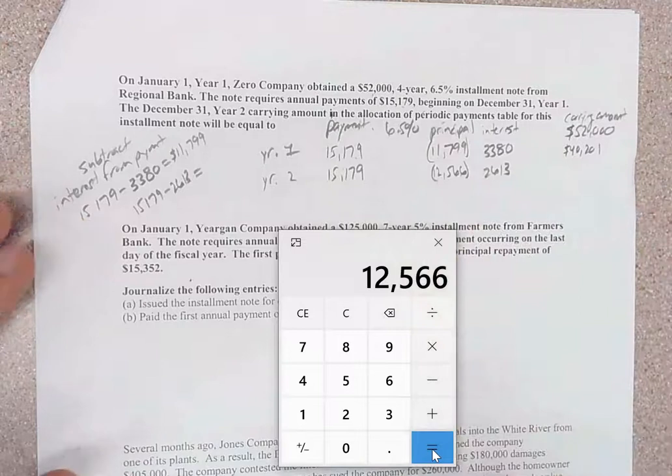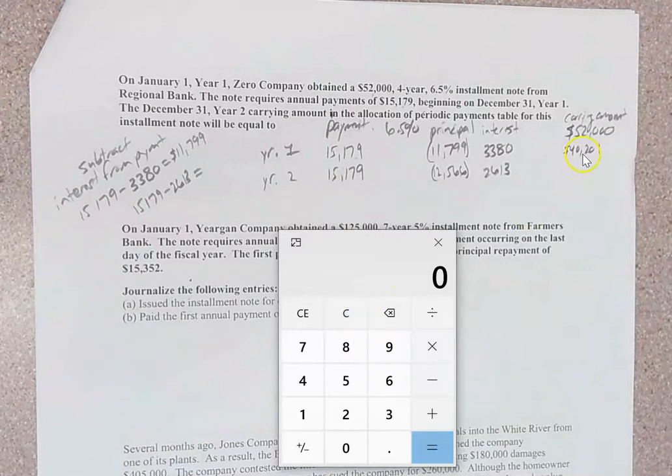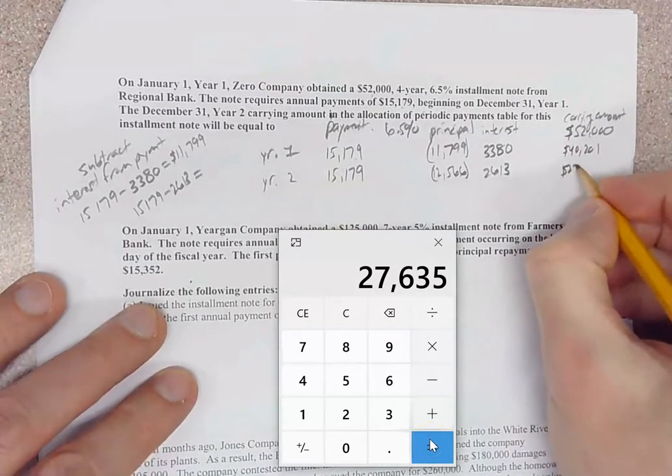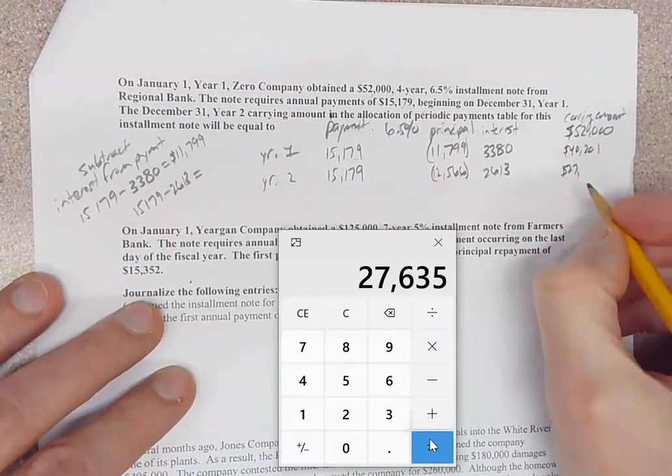And that is the amount that we're going to apply to principal. So we're going to take our previous carrying amount of $40,201, subtract the amount of the payment that was applied to principal, which was $12,566. And that's going to give us a carrying amount of